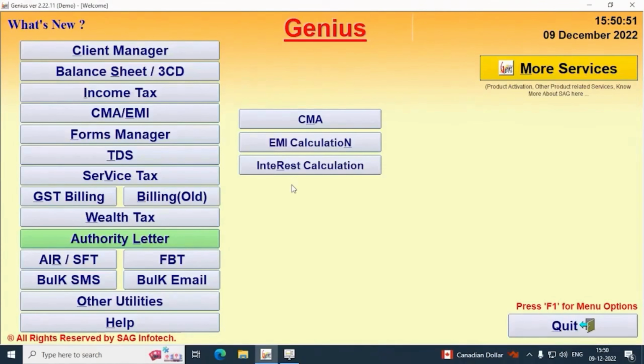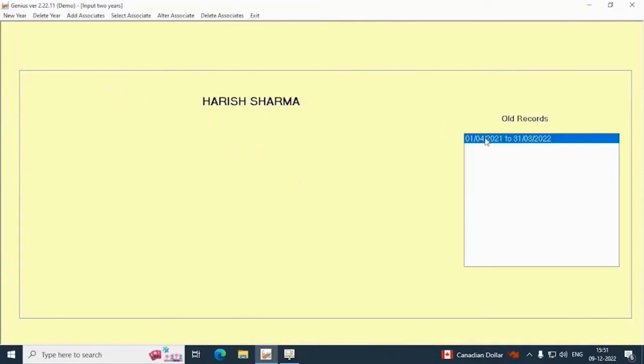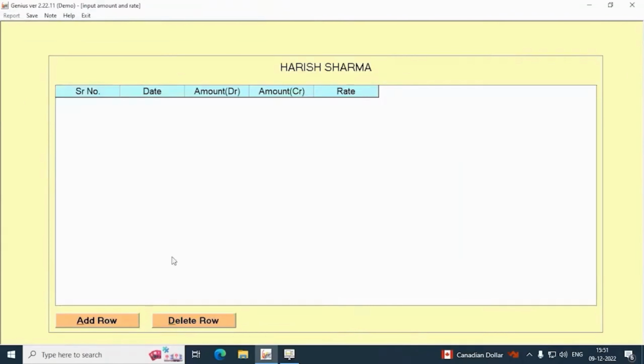The next option in the CMA is interest calculation. Here you can calculate the interest amount. Go to the interest calculation tab, select the client, select associates or the year for which you want to calculate the interest amount, mention the amount, debit and credit and rate.